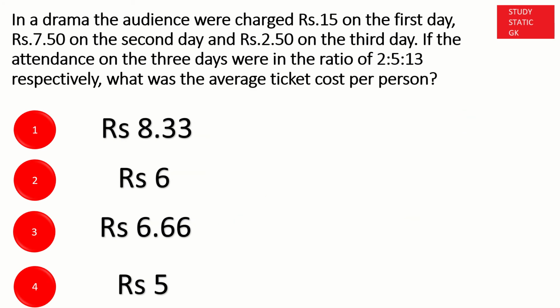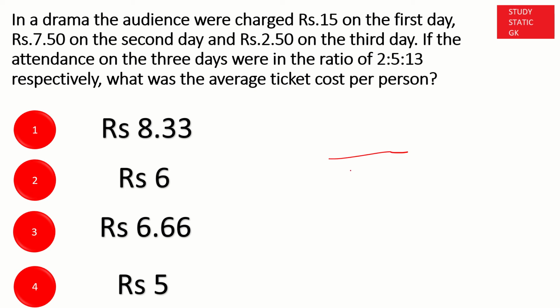In a drama, the audience was charged rupees 15 on the first day, rupees 7.50 on the second day, and rupees 2.50 on the third day. If the attendance on the 3 days were in the ratio of 2:5:13 respectively, what was the average ticket cost per person? So attendance is, so total persons came is 2x plus 5x plus 13x,